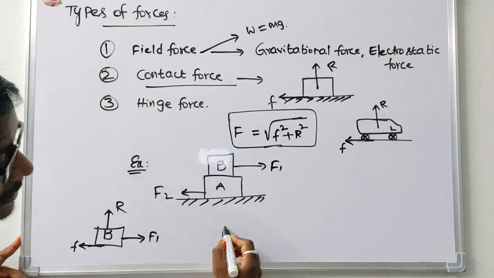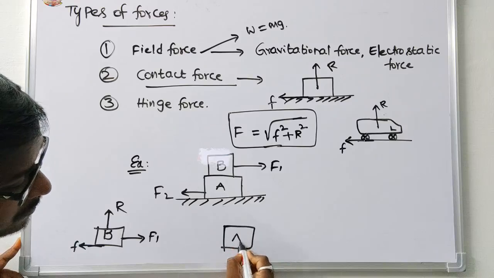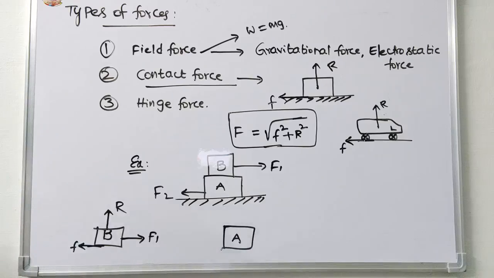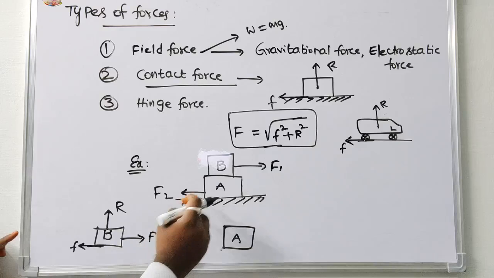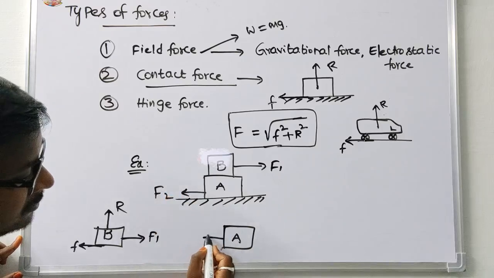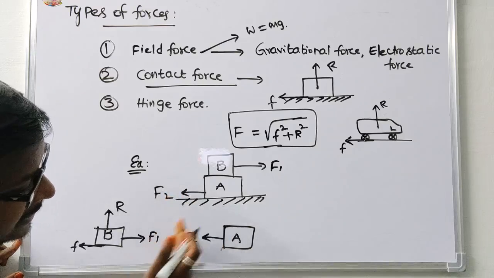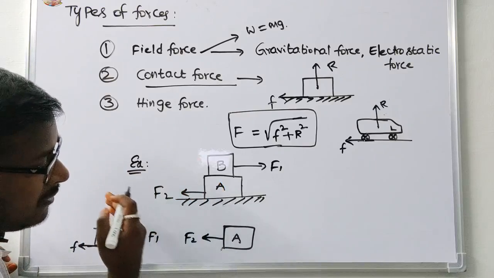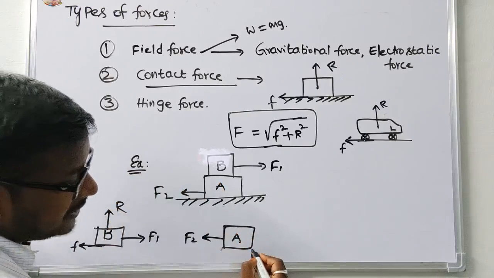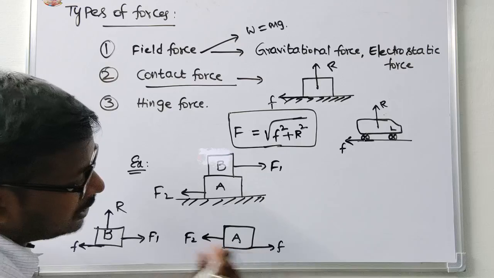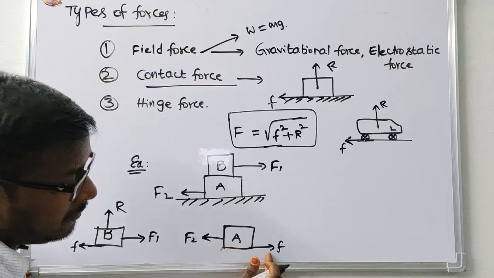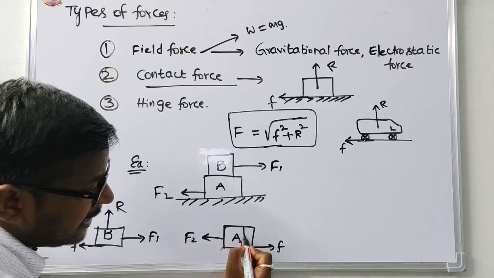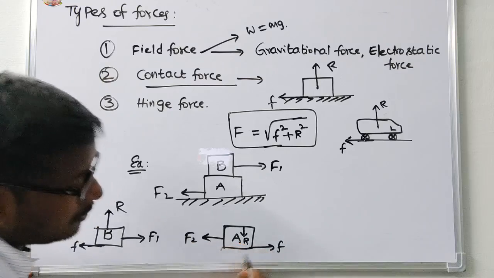Next, block A. F2 is the applied force, acting in the left direction. The body is moving in the left direction. The frictional force acts opposite to the direction of the applied force, and the normal reaction is acting downward,